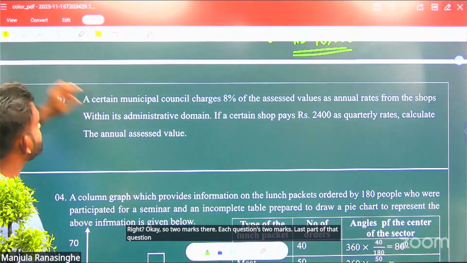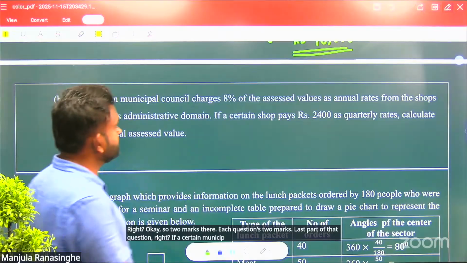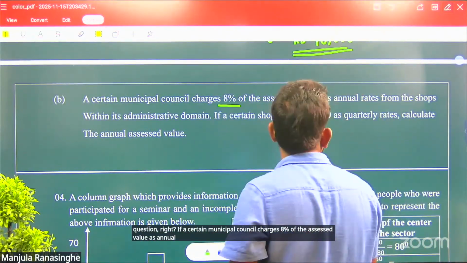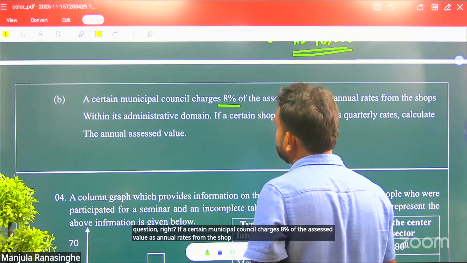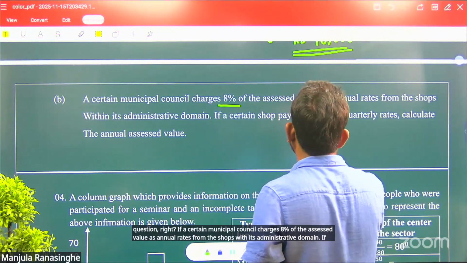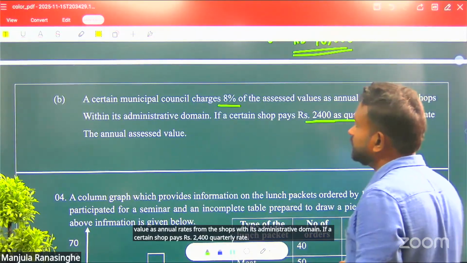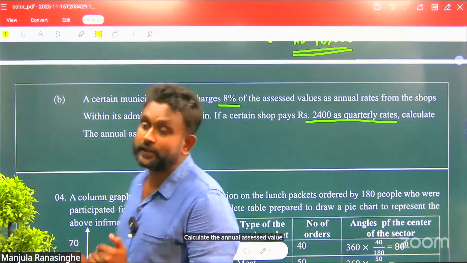If a certain municipal council charges 8% of the assessed value as annual rates from the shops within its administrative domain, and a certain shop pays rupees 2,400 as quarterly rates, calculate the annual assessed value. The quarterly rate is the